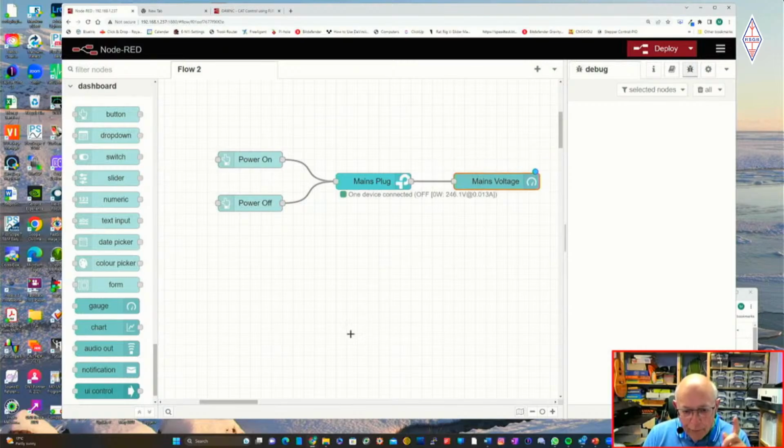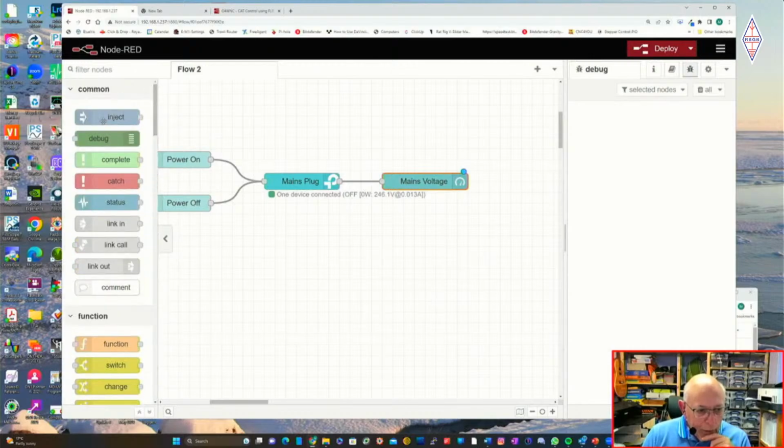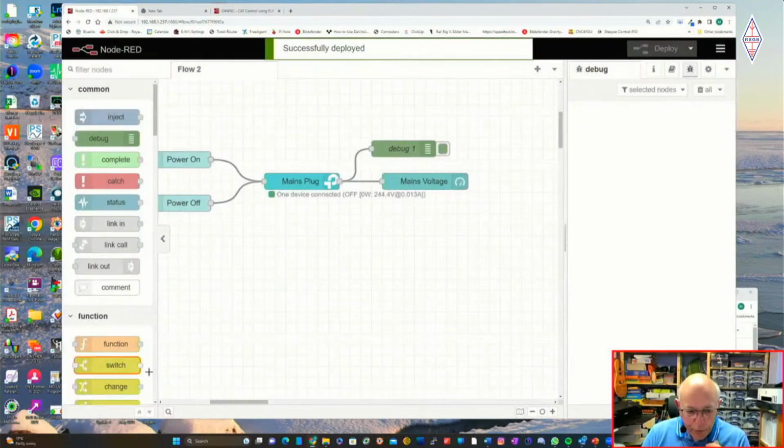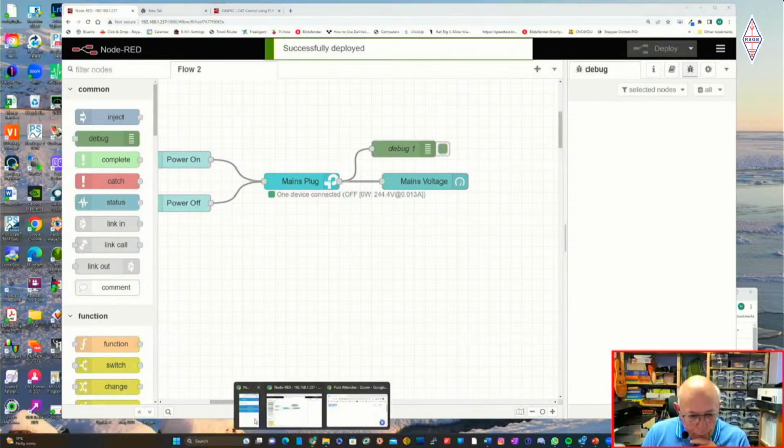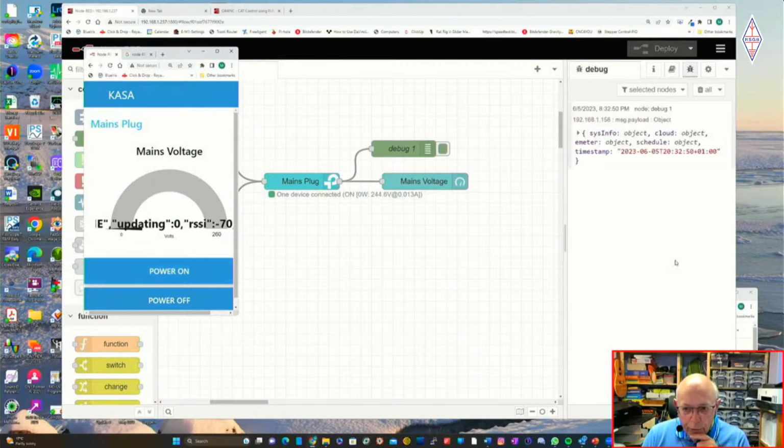So how do we do that? We do that with the debug node, and it's absolutely phenomenal for doing this. It makes it so easy. Okay, so we just drag a debug node in, wire it into where we want to monitor. So every time we operate the plug at the moment, a message is going to come back, which the debug node will pick up and show over here. So if I hit deploy,